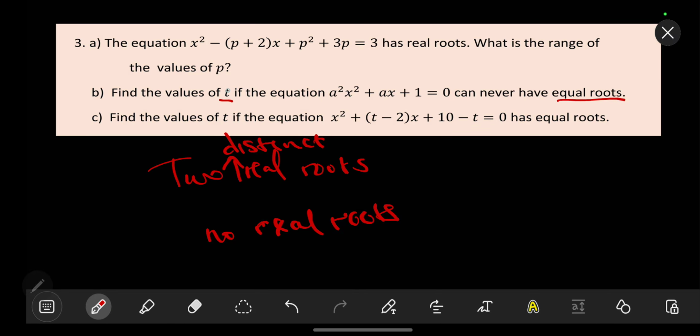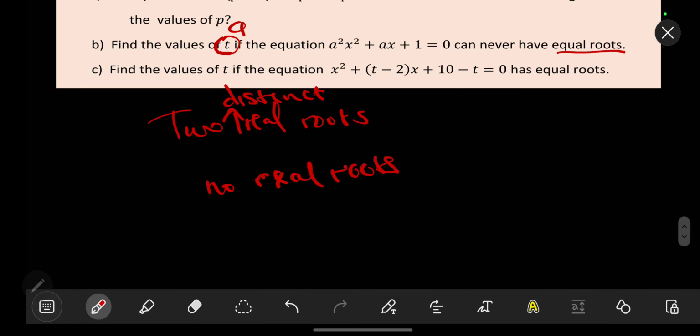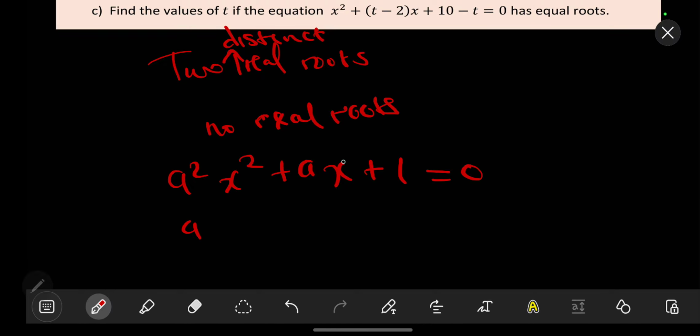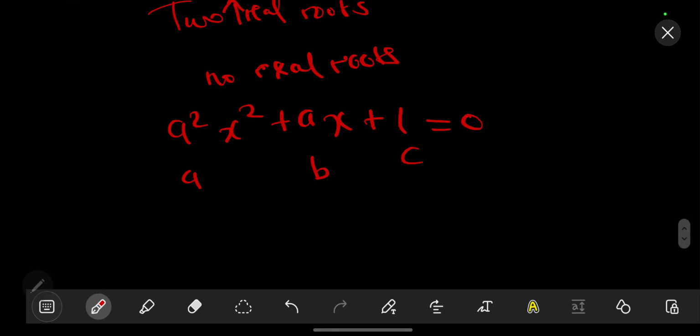So now I think there's a mistake on t. Let's imagine that here there was a. So we have our equation, a squared x squared plus our a x plus 1 should be equal to 0. The one with x squared will be our a, the one with just x will be our b, and the one without x will be our c. So we are going to have our b squared minus our 4ac. It could be greater than, it could be less than, but we are just going to say it should just not be equal to 0,